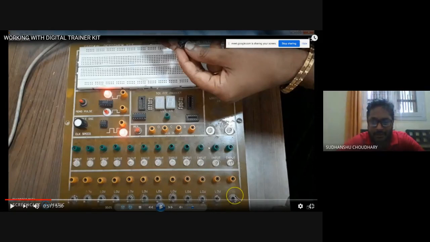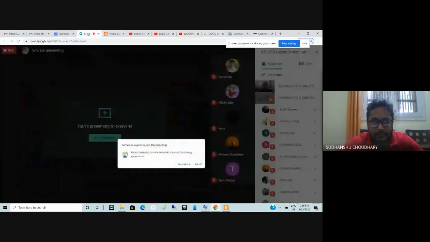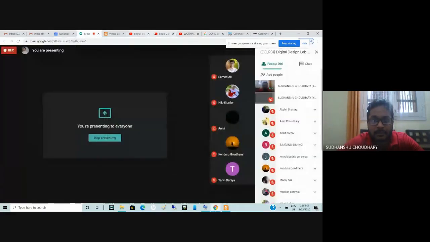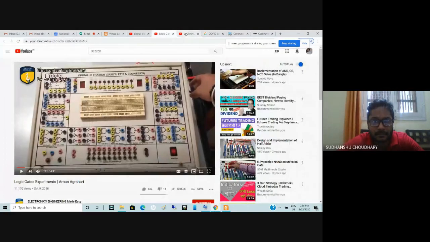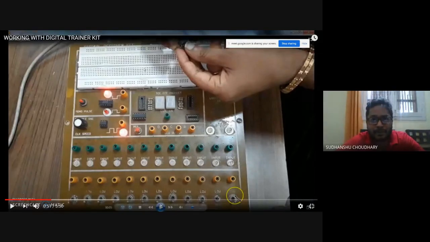Now, to these ports, the green ones, you will connect the output. Whatever the output is, you will connect here, and to these output ports you have LEDs associated.